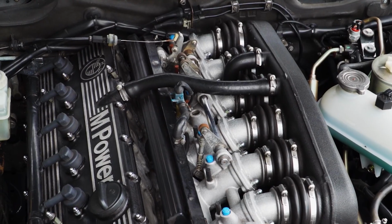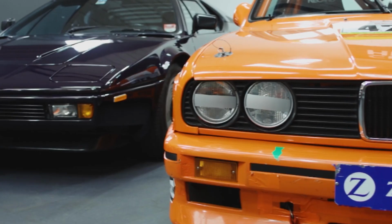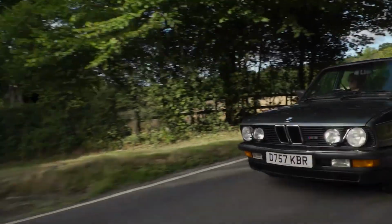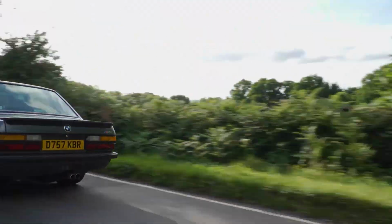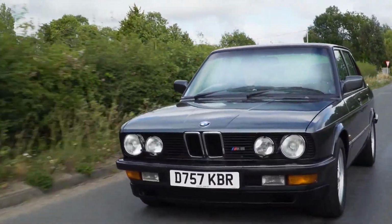Here's the strategy. These cars are old enough now that condition is everything. A rough example might only bring 30 to 40,000, while a concours quality car can easily hit six figures. Find a solid driver quality example for 50 to 60,000, invest in a proper restoration, and you're